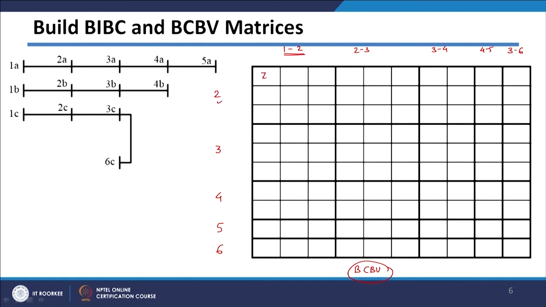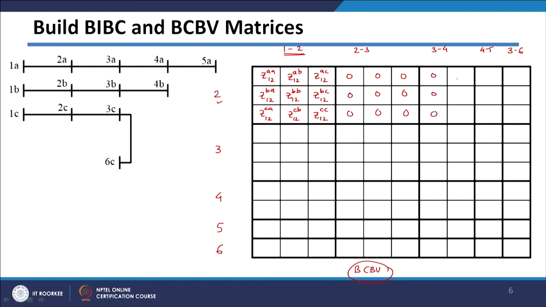So, it is actually Z AA, Z AB, Z AC, Z BA, Z BB, Z BC, Z CA, Z CB and Z CC, and since it is corresponding to 1 2, these are basically branch number 1 between 1 and 2. So, branch 1 2 we can write it here, and it is not connected to anywhere. So, all the other